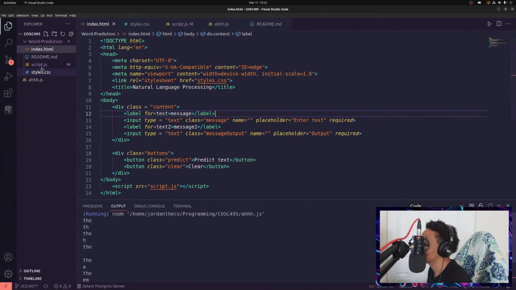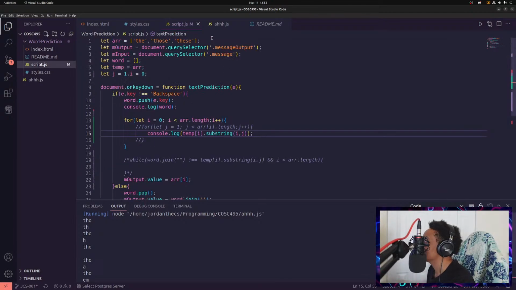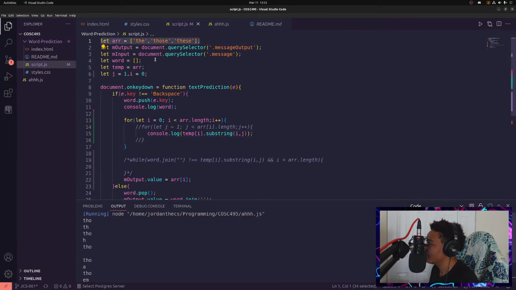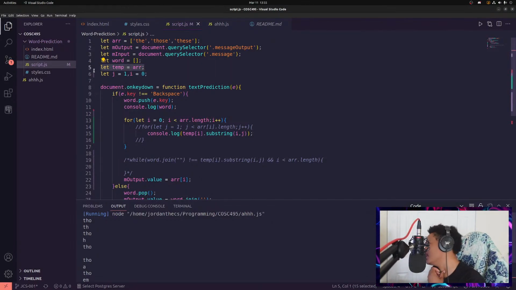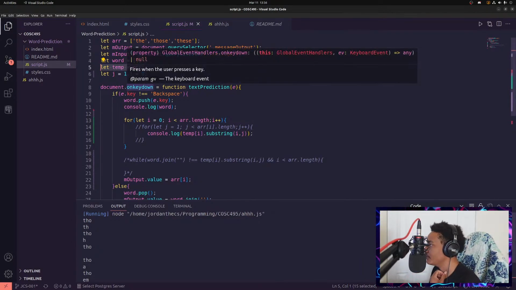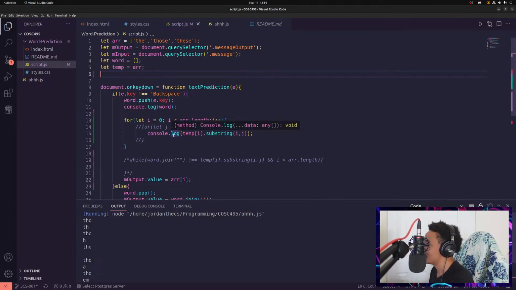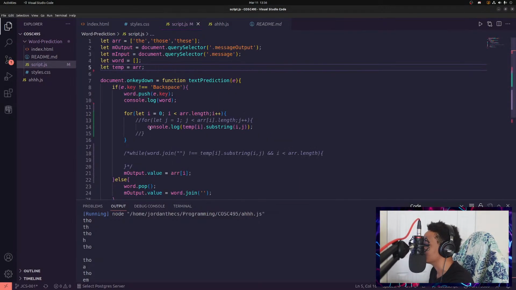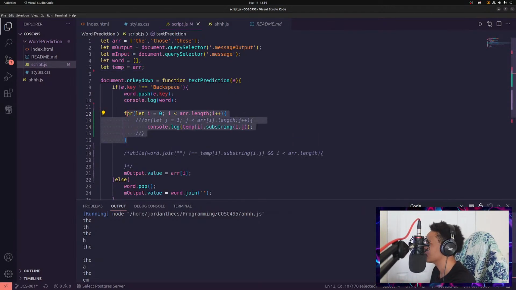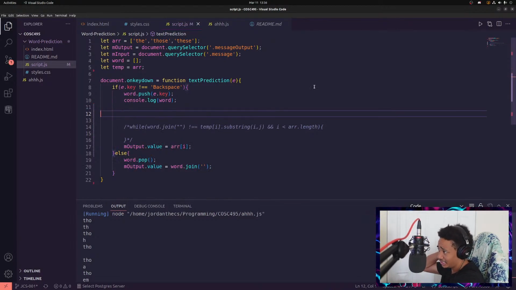Basically, like I said, I have this array just to test it. I have this empty array, which is just the word that we are typing. And then I have temp. I may not need temp, but for right now, I'm using temp to work with the array and stuff. After that is done, I may not need this, but I could just start over, because what am I really missing out on? Okay, so